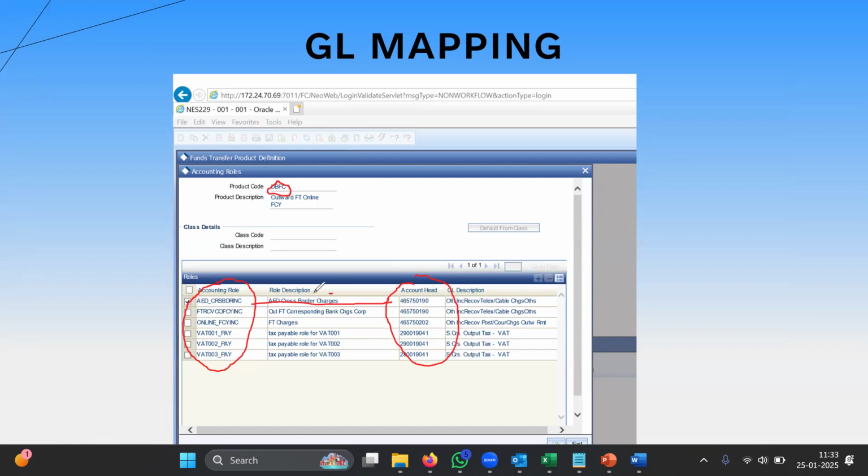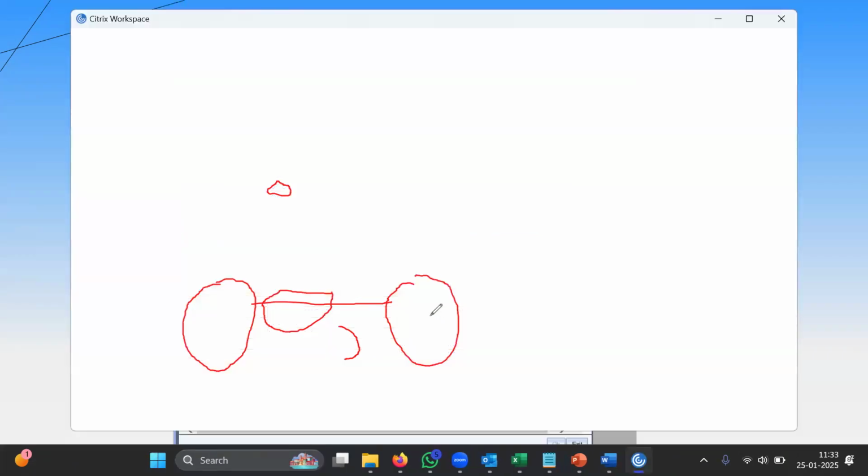So first, this particular product has three charges. For each charge, there's a separate VAT tax component. You look at this: each charge is going to a different GL, but all VAT is going to the same GL, because this has to go to the government. But charges,